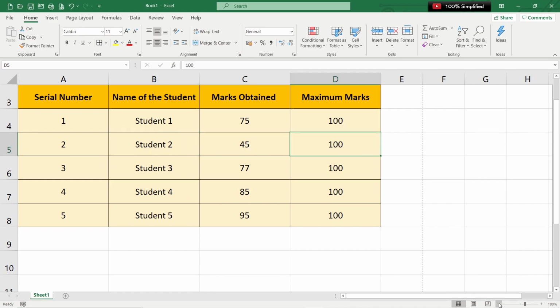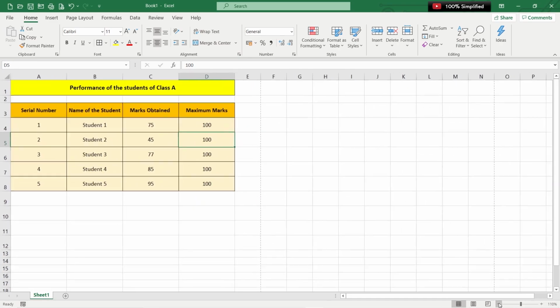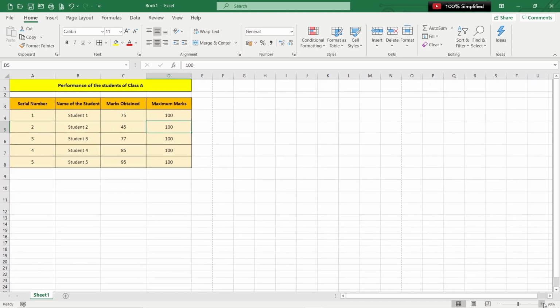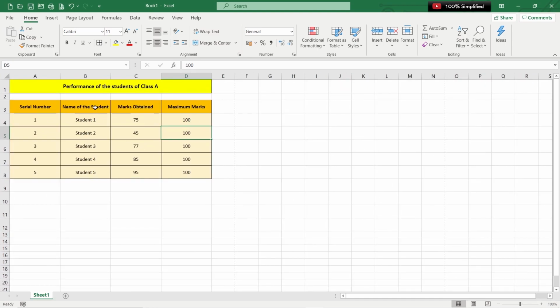Let's zoom out of it. You can actually zoom out as well. So the zoom in and zoom out option is also very, very handy, and you can use it for various purposes. Now finally, when you have the entire data created and your formatting is also done, always remember to save your file, because once you save your file, you can use it for future purposes, for editing, for entering data in the future. How do you save a file?